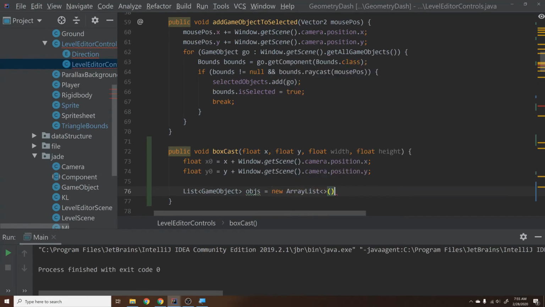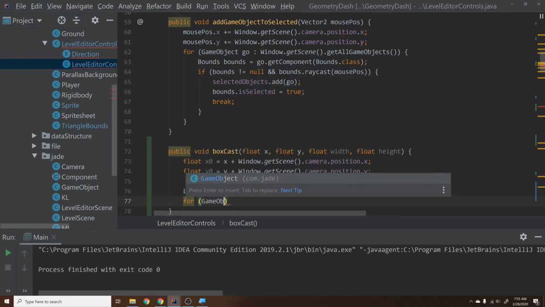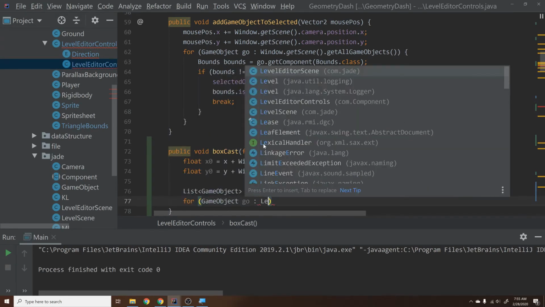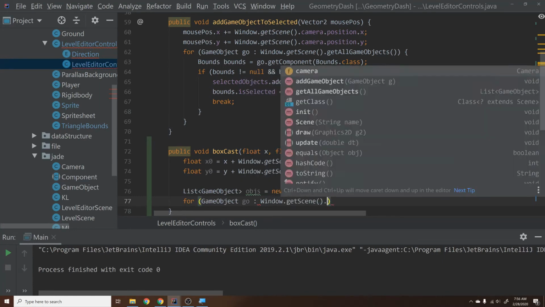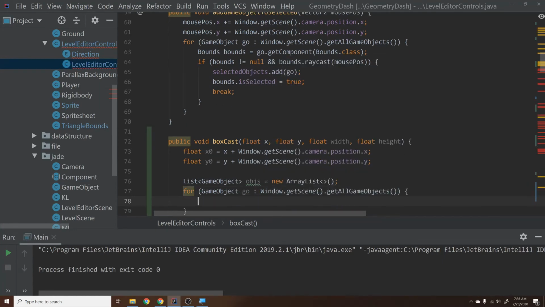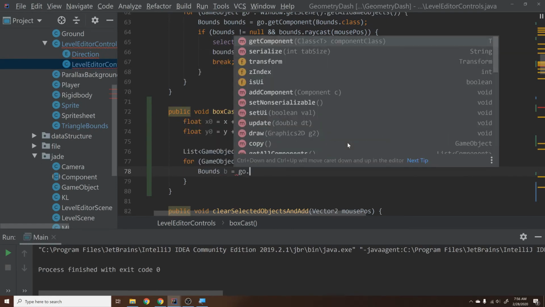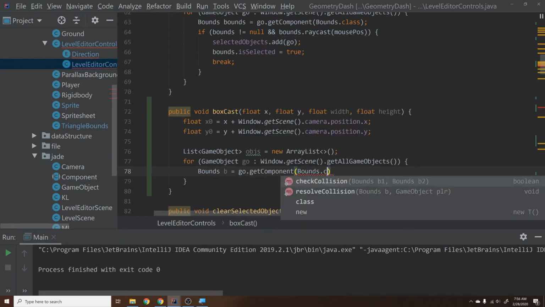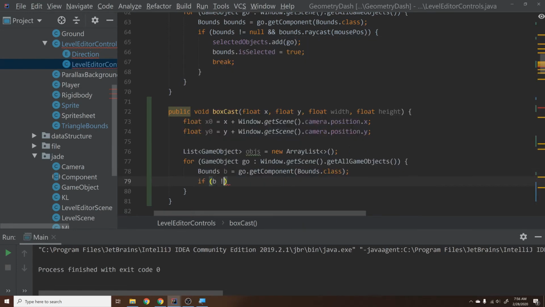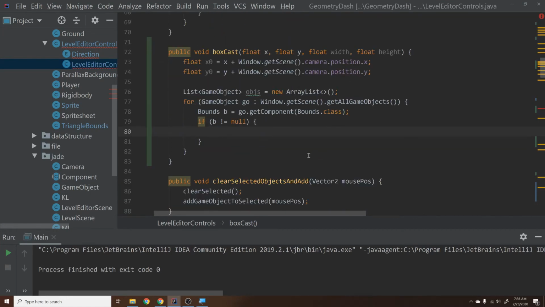So this is going to be the objects that have been included in this box select, and then we'll say for game object go in window.getScene.get all game objects. We'll loop through all the game objects and then test and see if they are inside this range. So we'll say bounds b equals go.getComponent bounds.class, if b does not equal null, which technically should be all of them. They should all have at least one box bound. Then we'll say if